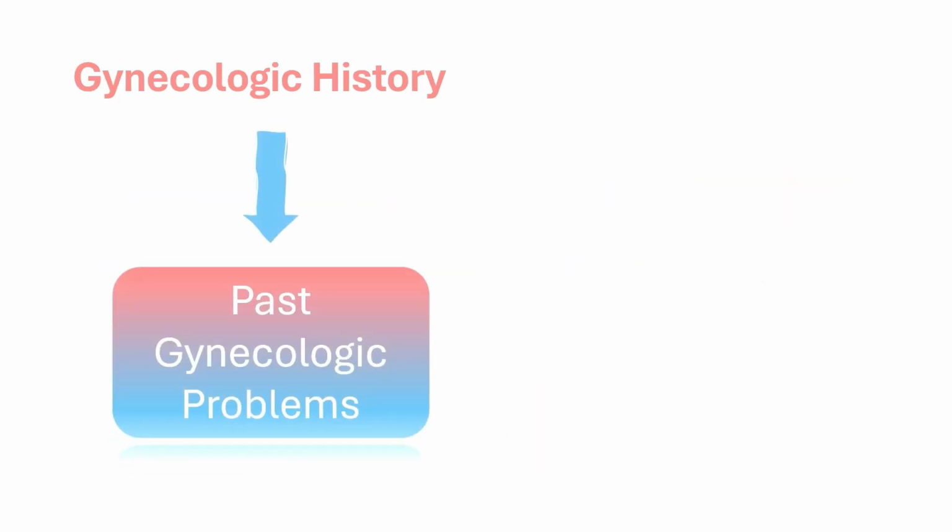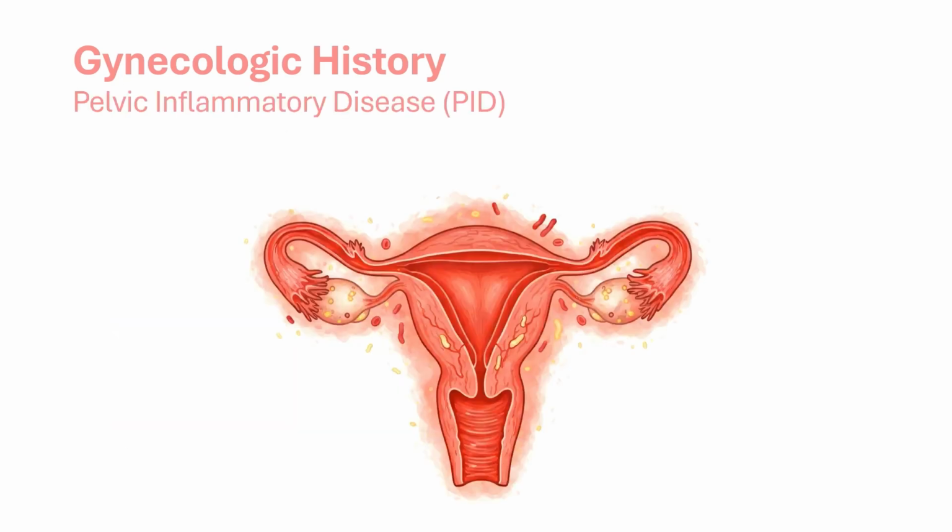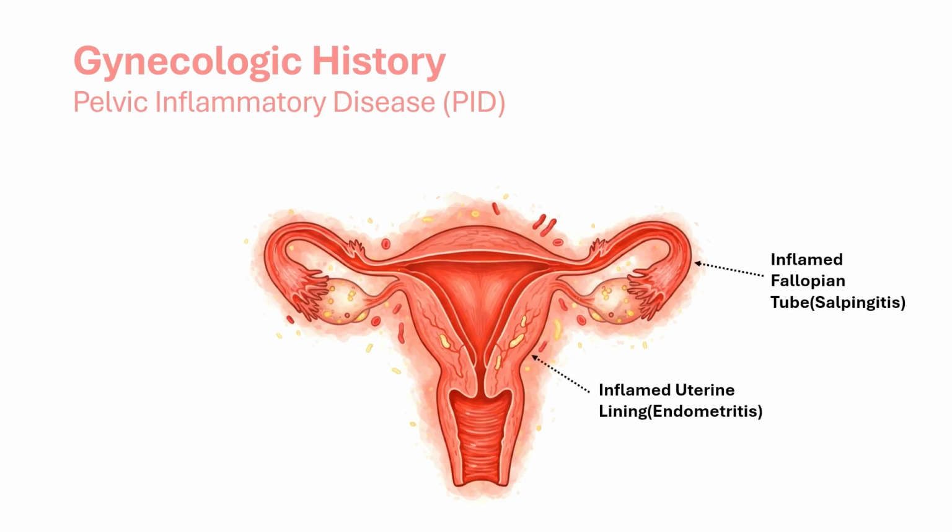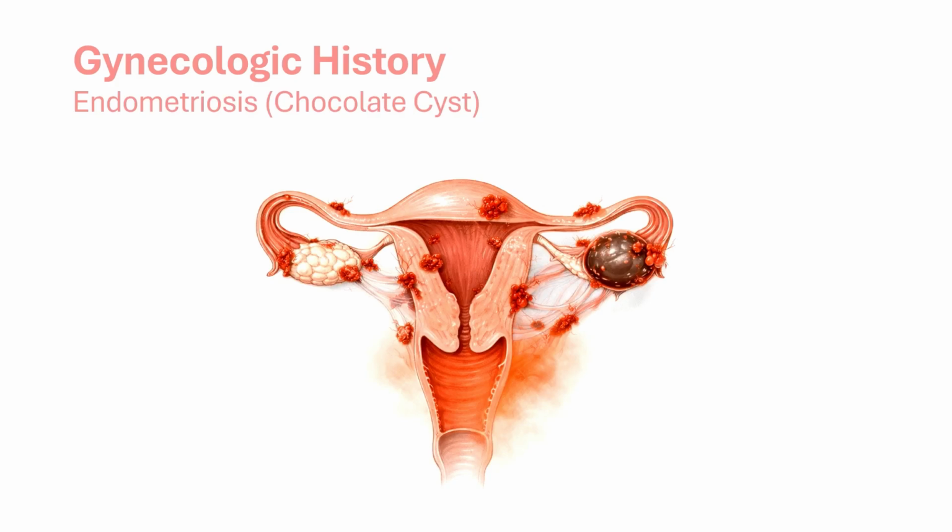Gynecologic history, past gynecologic problems. History of gynecologic problems such as pelvic inflammatory disease, endometriosis, uterine fibroids, polycystic ovary syndrome, etc. The 3 main areas affected by PID are salpingitis, endometritis, and oophoritis. Endometriosis is a condition in which the inner lining of the uterus attaches to the outside of the uterus, forming